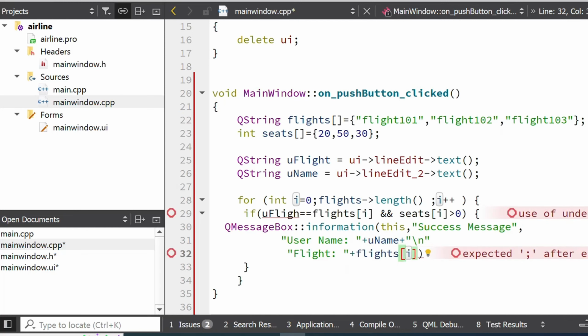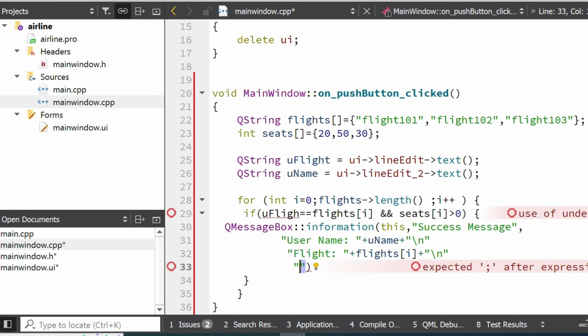Then I want to concatenate it again, and now I want to go to the next line by using this backslash n, and now I will go to the next line, and here I will display a string,